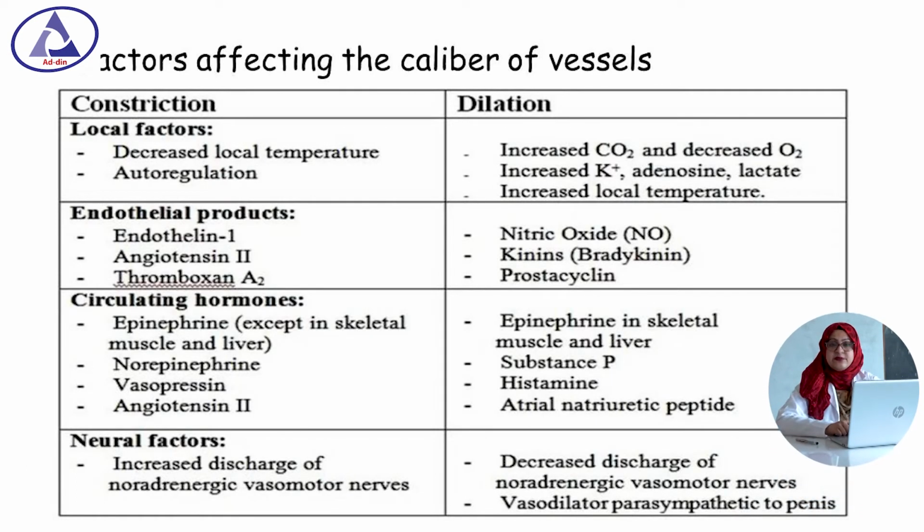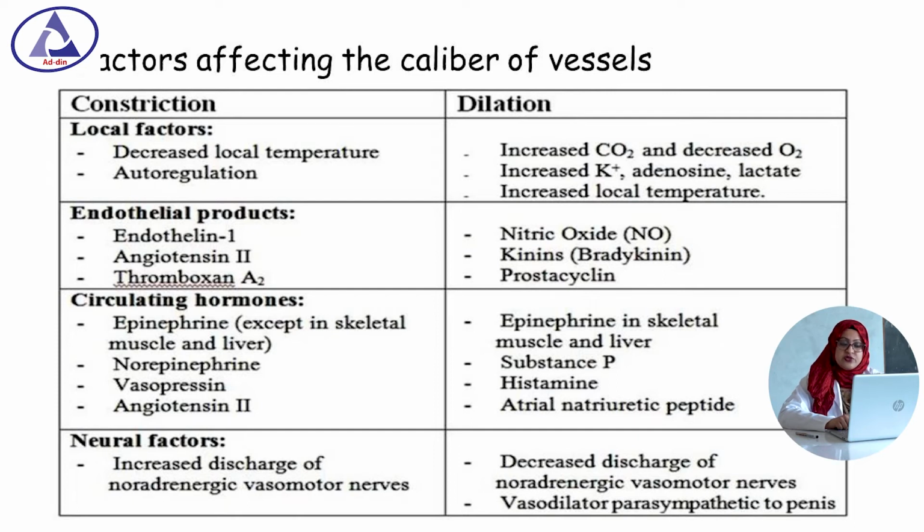Factors affecting the caliber of the vessels. Certain vasoconstrictor agents include local factors, such as decrease in the local temperature and autoregulation. Some endothelial products are endothelin 1, angiotensin 2 and thromboxane A2. Circulating hormones include epinephrine, except in the skeletal muscle and liver, norepinephrine, vasopressin and angiotensin 2. Some neural factors include increased discharge of